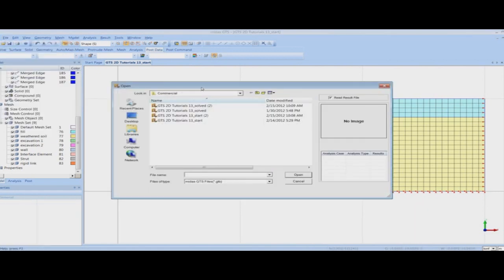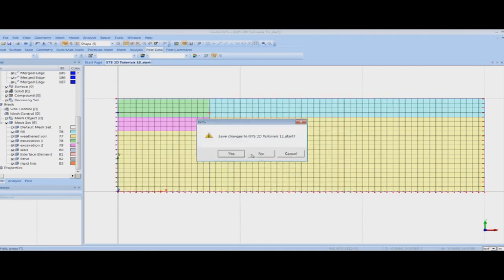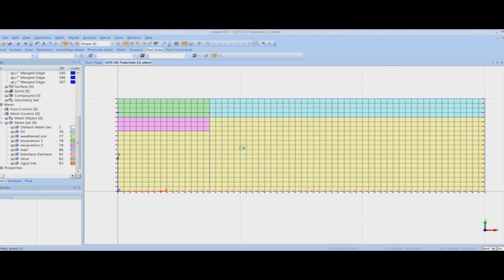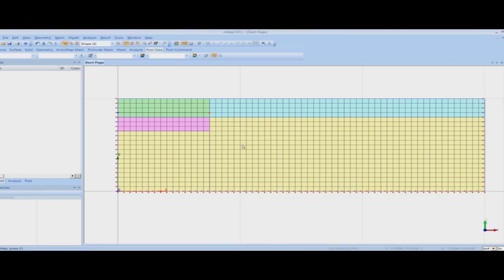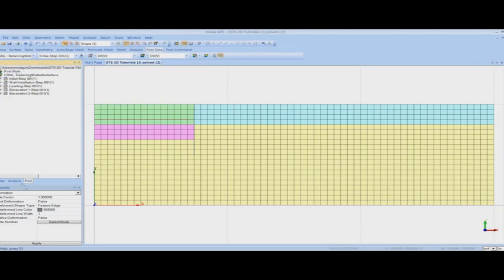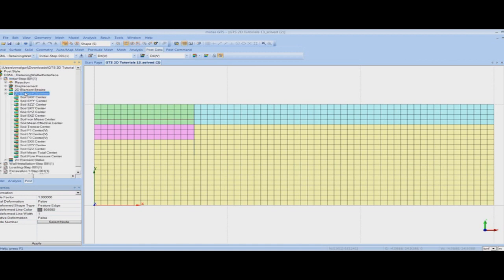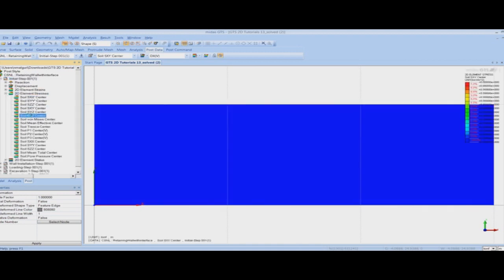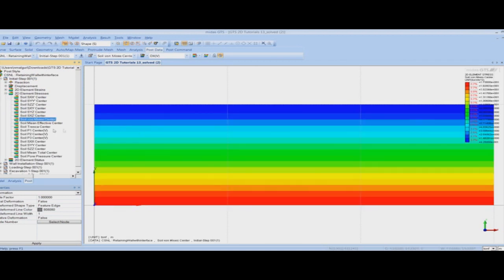The analysis will take about 20 seconds, but I have already performed an analysis in one of the models. So I will quickly open that model and we will see the analysis results from that model. So here when I go to the post processing tab, you can see that we have 5 different construction stages that we modeled in our model, and this is the initial step where there is no wall installed, there is no excavation performed, and we can see the different stresses as you can see here.